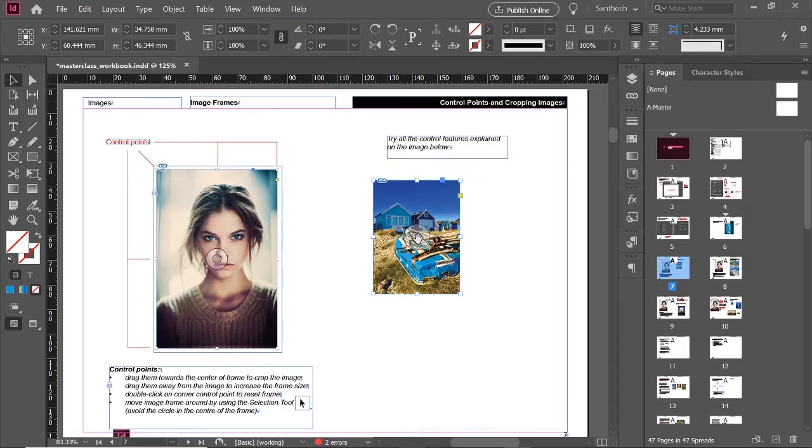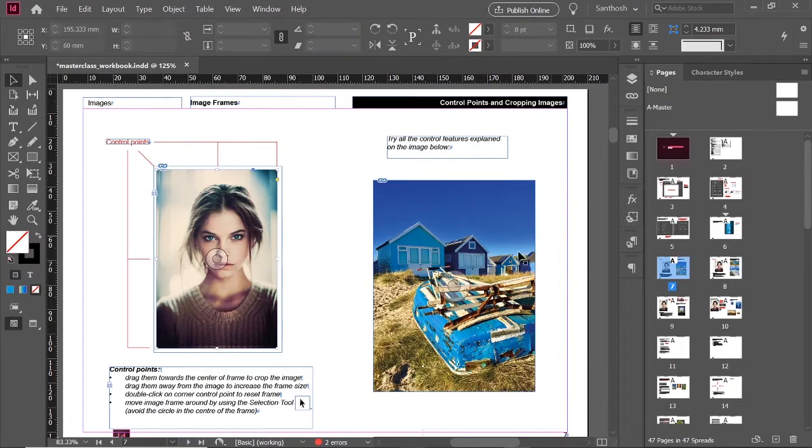And moreover, if you want to move the image within the container itself, you don't have to double click each time. Just hold this control point and move the image. You can do that easily. So first, if you want to scale an image, just resize the frame to whatever you want. Just double click the image, then the control points will turn brown, then hold Shift and resize.